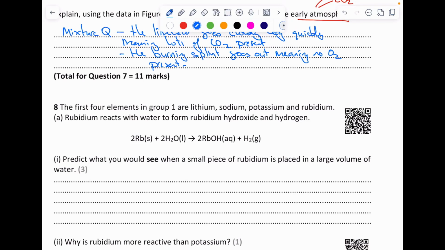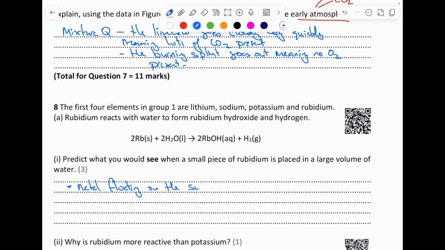Okay, so this reaction needs knowledge of group 1 metals. And it wants us first of all to predict what you would see when a small piece of rubidium is placed in a large volume of water. So if you think about what you saw when we've done lithium and sodium and potassium in class, then we would see the metal